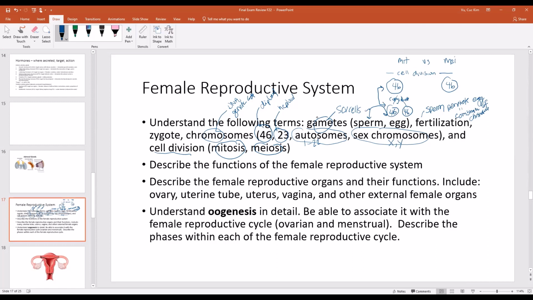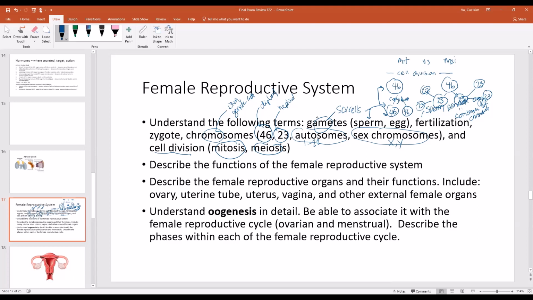Okay. In meiosis, it's going to divide, and it's going to have different results. Exactly. And what are the different results? It has half the DNA. I can't remember the difference between meiosis 1 and 2. That's where I got hung up. So the difference is polar bodies. Well, it depends, right? We won't talk about polar bodies until we get to the differences between male and female reproductive systems,